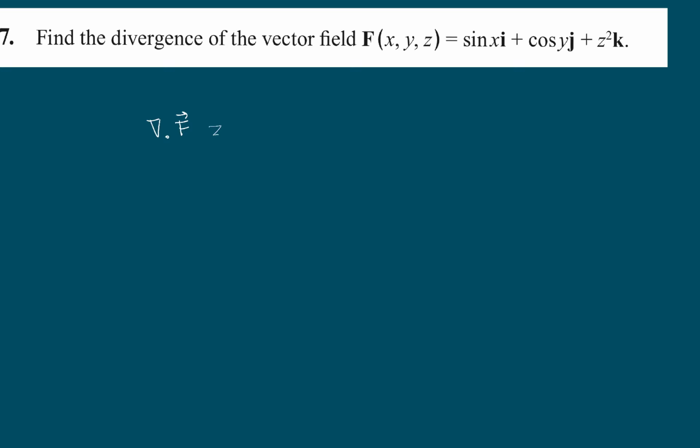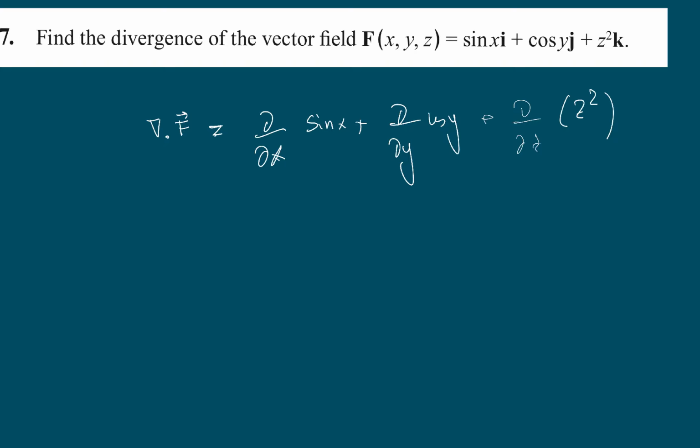So it will be the partial derivative with respect to x of sine of x, plus the partial derivative with respect to y of cosine of y, plus the partial derivative with respect to z of the z component of the vector field. So the divergence will be cosine of x minus sine of y